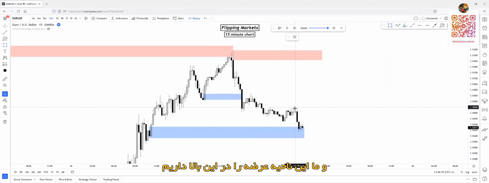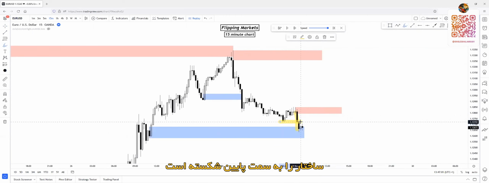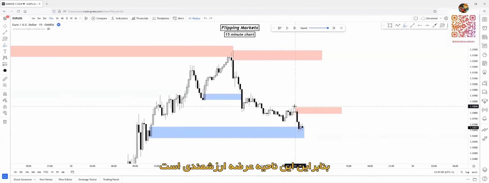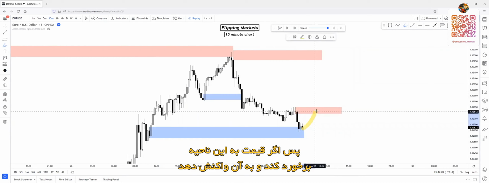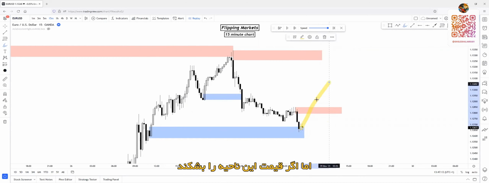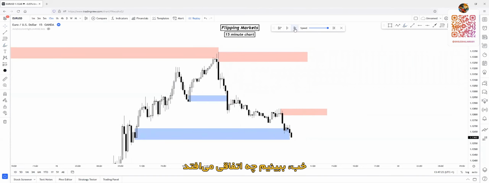And we have this supply zone up here that caused the tap of this zone with inefficient push, as you can see, and break of structure to the downside. And actually it swept some liquidity from this region too. So this is a really valuable supply zone. If price steps into this supply zone and rejects on it, supply will be in control again. But if price breaks through this zone, demand will be in control again, and the demand zone will be formed because it broke through an opposite side zone. Okay, let's see what happens.